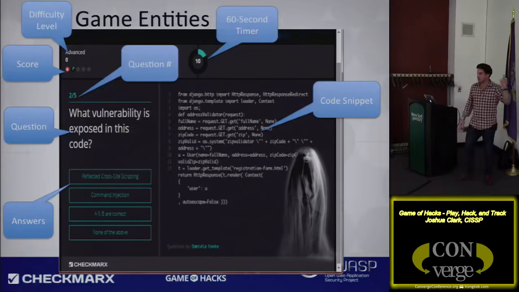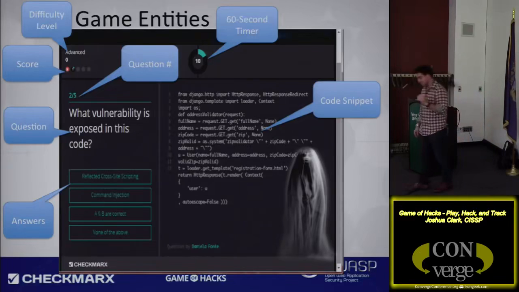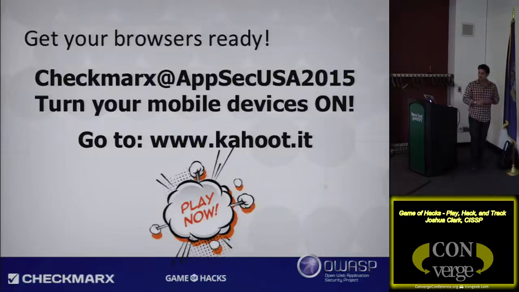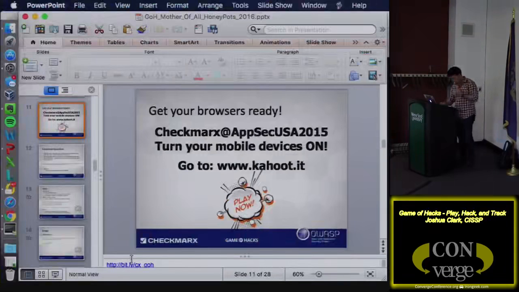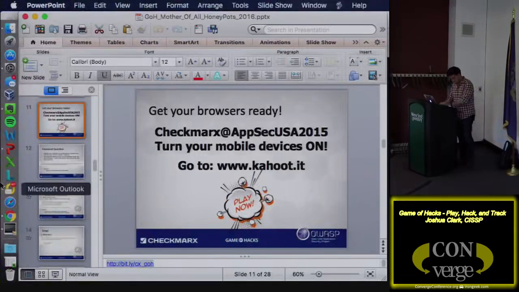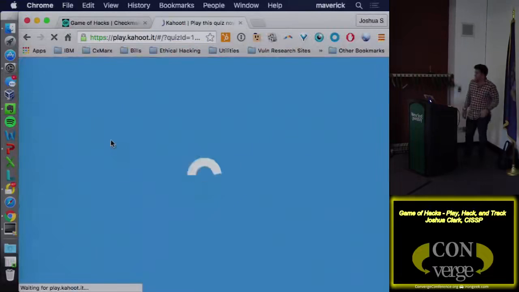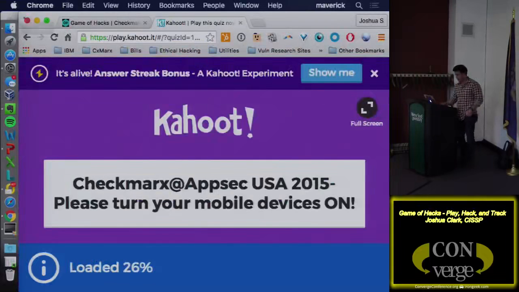We're actually going to play another game that I haven't told you about yet. I do want you to get out your devices, whatever you have, your phone, mobile device, or iPad, or whatever kind of device you have. I want you to go to this website here called www.kahoot.it. Okay. Once you go there, you're going to need to enter a code. Once this loads up here,